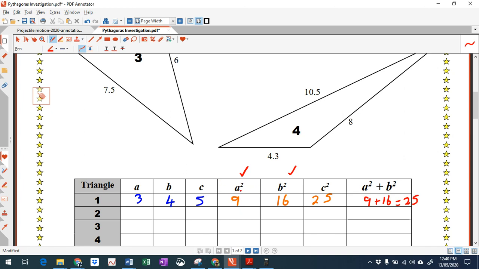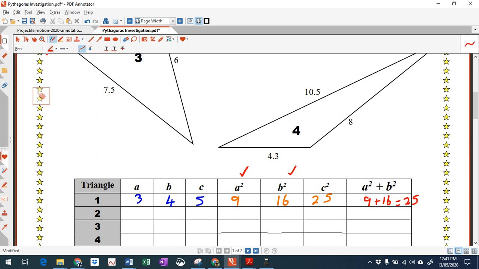Now, if you're remembering what squared means, it just means multiply the number by itself. So how did I get 9 here? Well, I got the 9 because it's A squared. A squared is 3 squared, which is 3 times 3. Over here, B squared is 16 because B was 4. So 4 squared is 4 times 4, which is 16. Okay, so that's how I got these numbers. You don't need those there. Just rub those out to keep the table clean for the other triangles. Okay, now